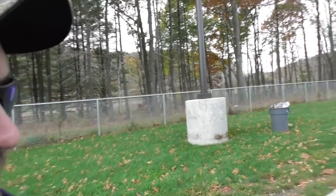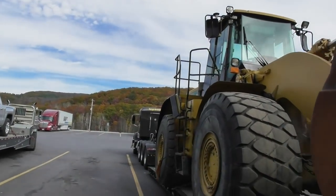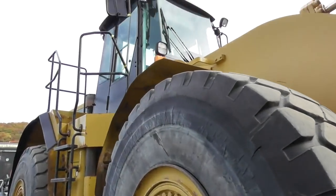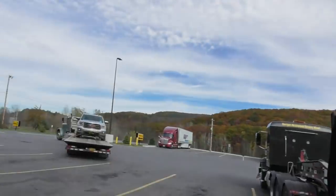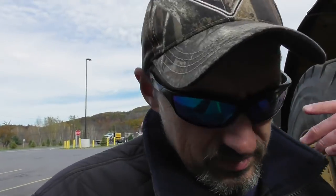and actually dispatch, the company that hired me, said please take pictures when the thing is on your trailer. And I took pictures and I was able to zoom in and I saw that one. So that damage was there when I picked up the machine at the auction. So it's always a good idea to cover your butt and take lots of pictures, especially of damage, or if something's missing, because you never know, the customer will say, hey, you did it. So now I have proof that no, I did not do it, because of course,